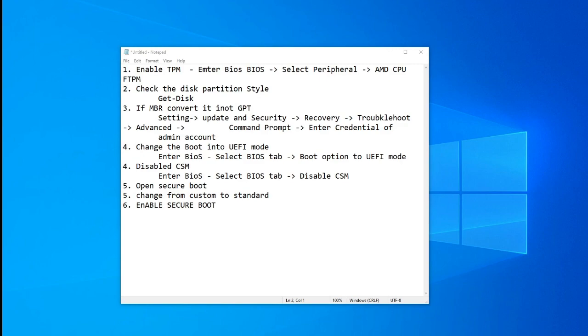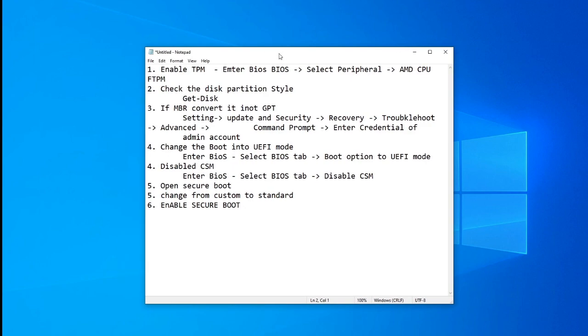To start with, a few of you have seen an issue that you have to enable TPM and secure boot to install Windows 11. You can download the PC Health Check app from the Microsoft website and check. You'll get to know the issue that you are facing. Microsoft will say that your machine is not eligible to be upgraded to Windows 11, right? So let's try to resolve that issue.